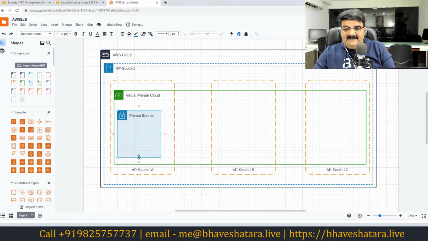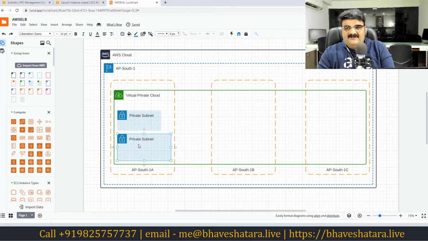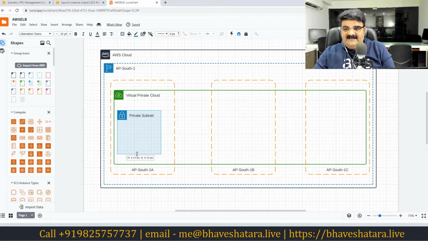But you can create multiple subnets in a single availability zone if you want to do that. Okay, now I want to create only one subnet. I want to make it simple, so I'm going to create one subnet.